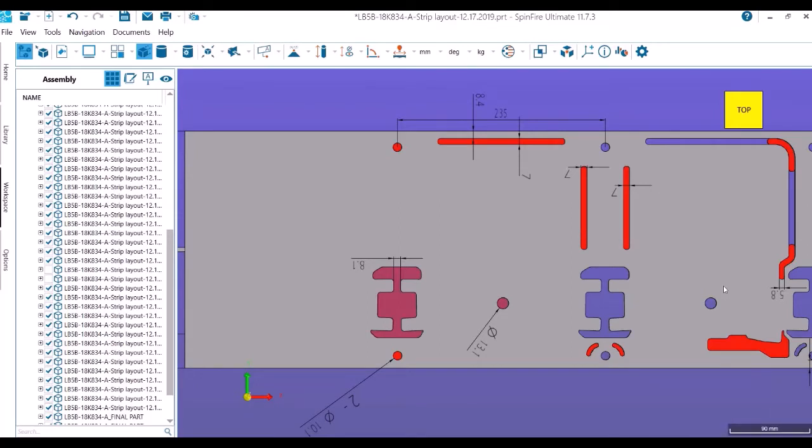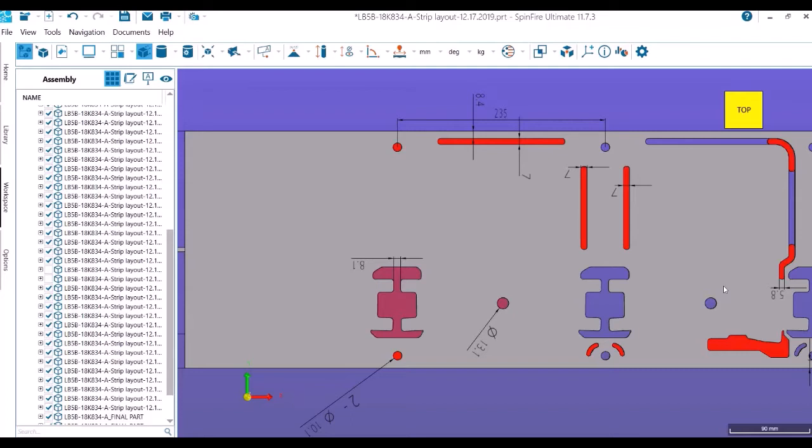In a progressive strip, the most important feature is pitch. As you can see, pitch is 235. The question is, how do we maintain the pitch? We provide 2, 3 or more pilot piercing holes, mostly in the very first station. Sometimes we also do it in the second station, but I will explain that later. In this case, this was the prelim, very first strip layout, and we have 3 pilot piercing holes in the first station. 2 have diameter 10.1, one has 13.1.